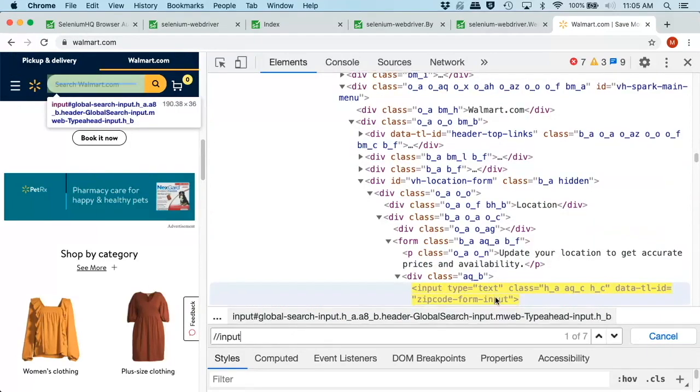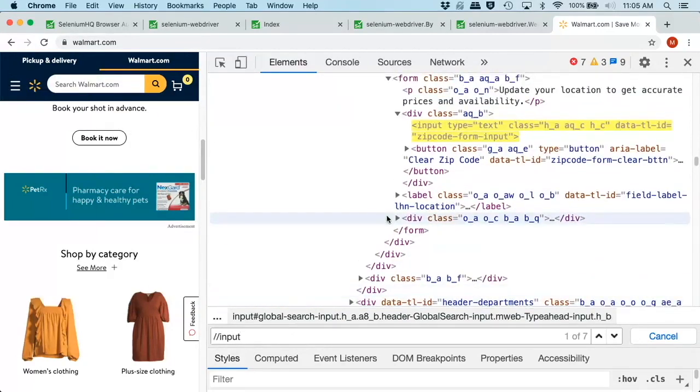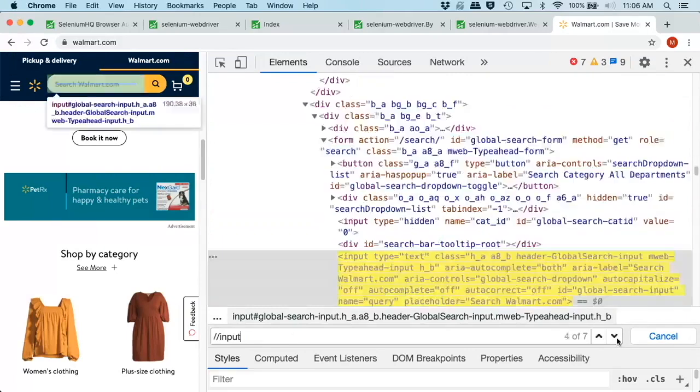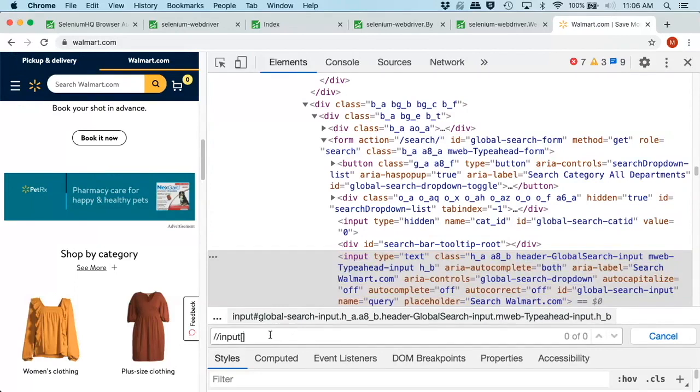Well, that gives us all our input tags, but that's still not going to give us the one that we want. It's giving us all 7 input fields that are on the page. Now we can click through till we find the one we want, which is this guy. And then we have to actually add some additional filter criteria. So if you want to actually pull from any of the attributes that are in this tag, you would use the